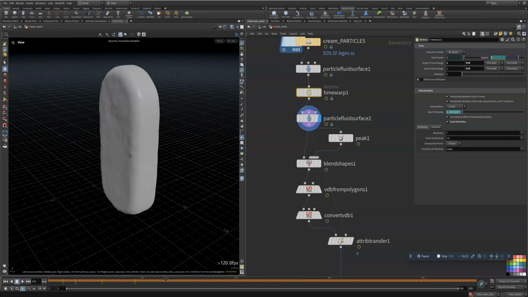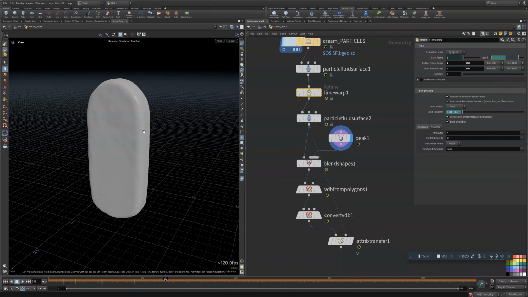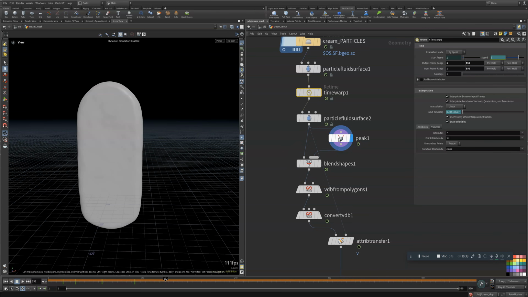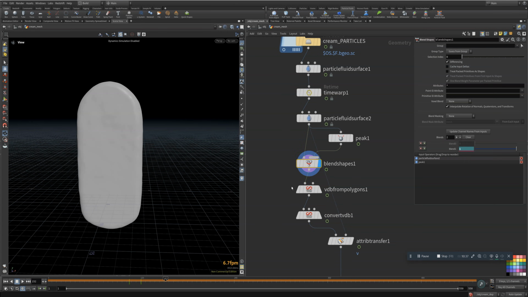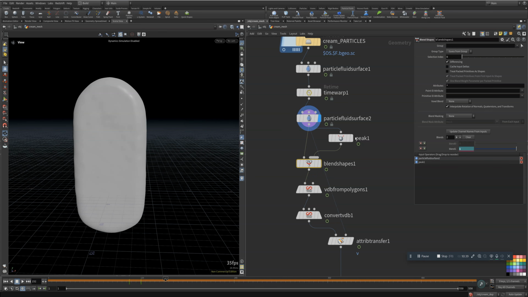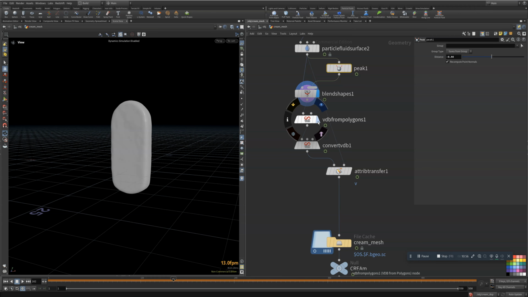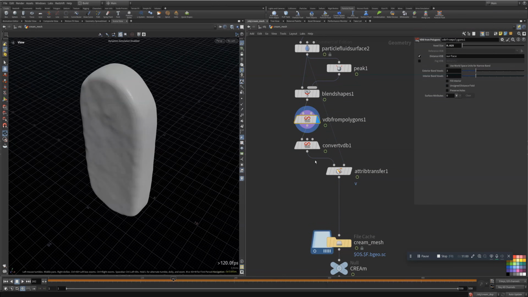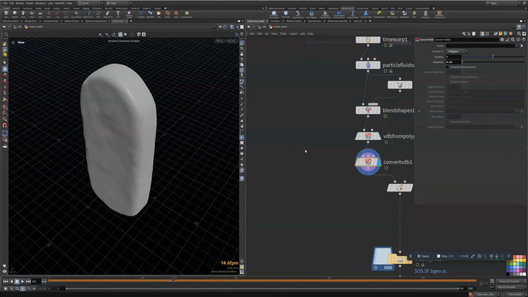It was a lot bigger than my original ice cream shape, so I just pushed it inside to make it smaller, right? I could not scale it, I just used the normals to push it inside to kind of squish it small. Then I use this blend node to blend between this simulation and this peak node right here. After blending it, I convert this whole thing to VDB again, then convert it back from the volume to a polygon. This is because